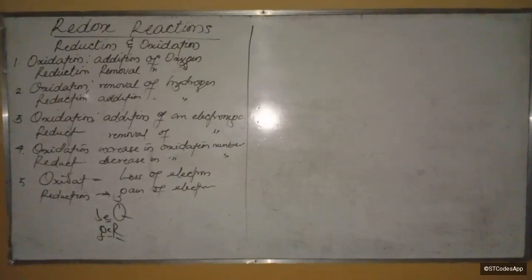The species that is undergoing oxidation is the species that is called the reducing agent. And the species that undergoes